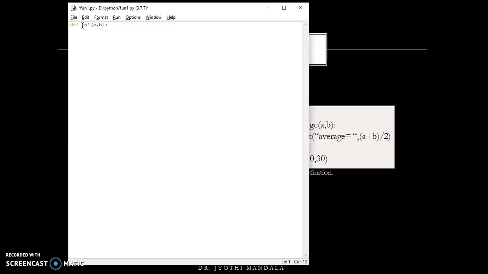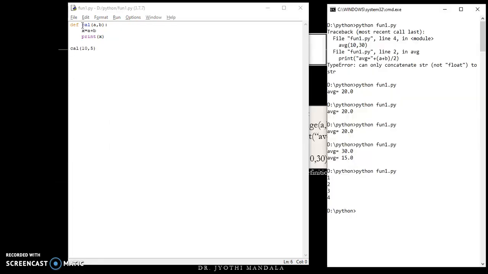Now I am simply writing x equal to a plus b, and then print x. Now I am calling this function where I am passing values 10 and 5. Got it? Now if I run this program, we expect 10 and 5 to be copied here and 10 plus 5 to be added, and we are getting the value 15.